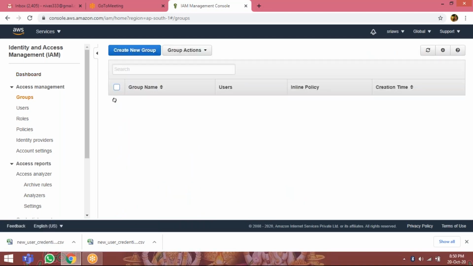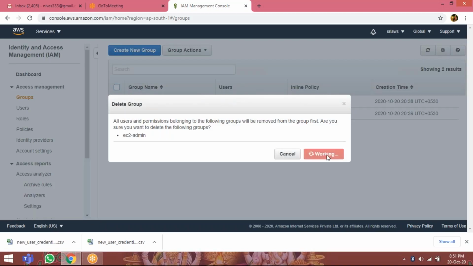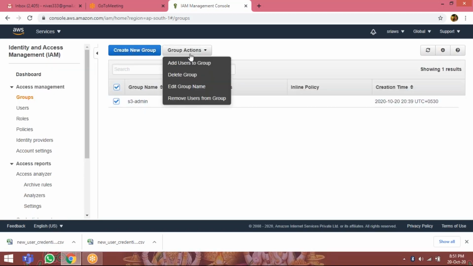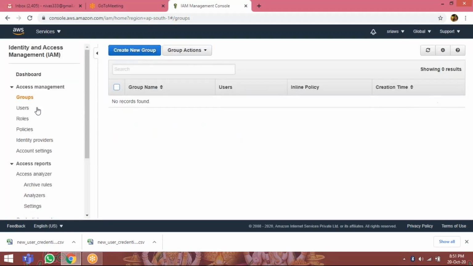Click on groups. Select the group. Click on group actions. Delete group. Yes, delete. Select the S3. Delete group. Yes, delete. Now groups deleted. Go to users.